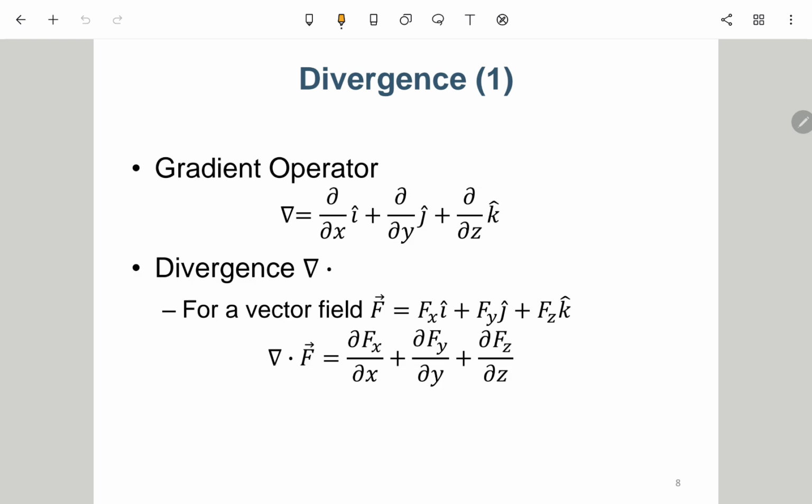Okay, so first I will introduce something called the divergence. For the divergence, actually in chapter 24 I already introduced something called the gradient operator, 就是梯度嘛，梯度。